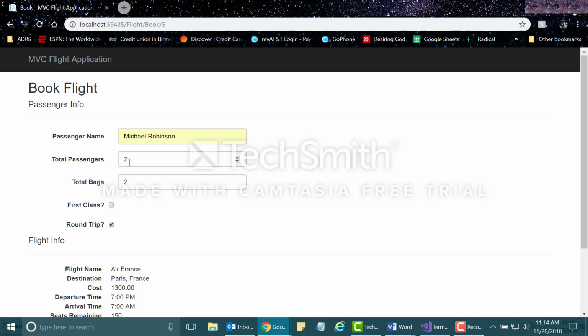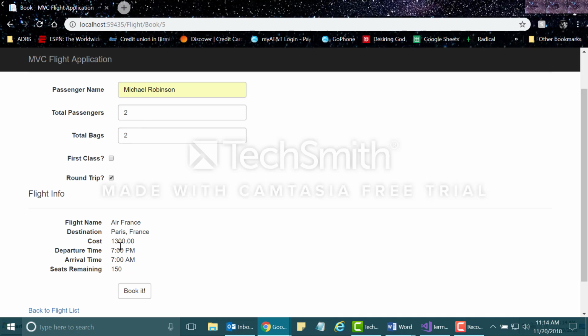For total passengers 2, it'll be 2 times the cost, which is $1,300, which gives us $2,600. Then each bag is $25, which is an additional $50 on top. And since it's a round trip, we'll double the $2,600, which gives us $5,200, plus the bag fee of $50. So we should see $5,250 as the total cost. If you hit Book down here,